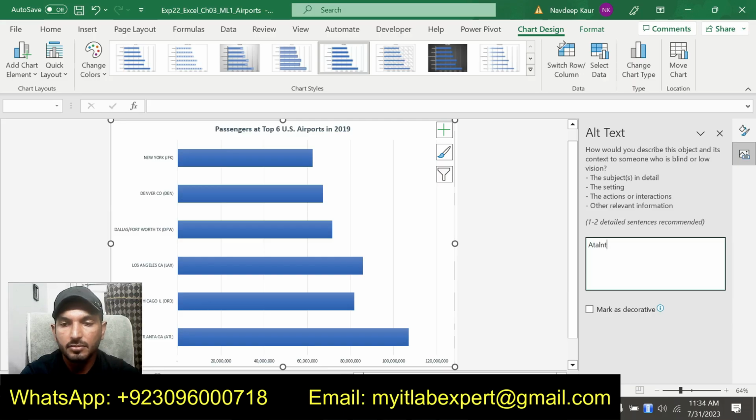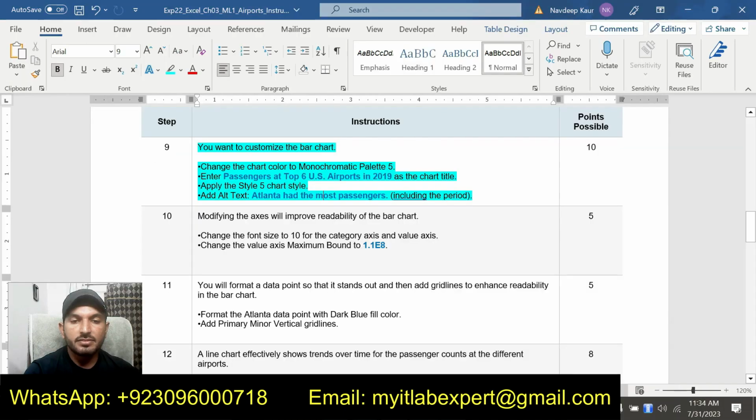Atlanta had the most passengers. This one. So we have added this alt text, and now we will simply close this one. So we are done with step number 9.